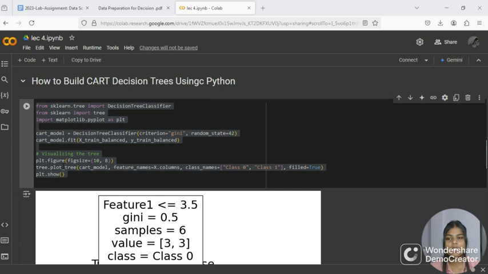And here tree.plot_tree visualizes the decision tree using plot_tree from sklearn's tree module, with cart_model, which is the trained decision tree model, feature_names equal to X.columns using the feature names from the original data, class_names specifying the class names, and filled equal to True, filling the boxes with colors to indicate class prediction. At last, the plt.show function displays the plotted decision tree.